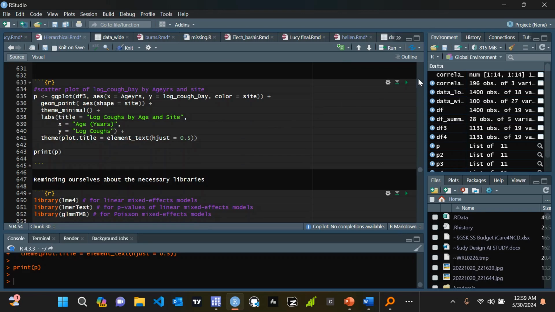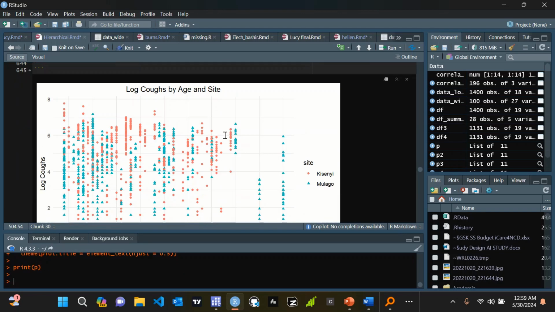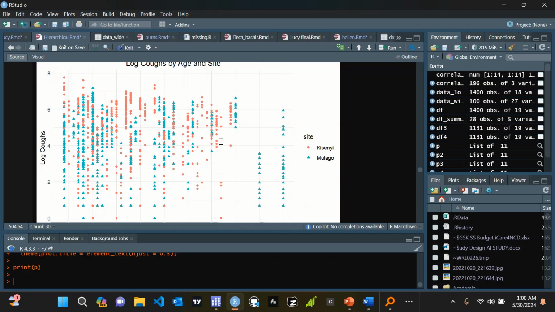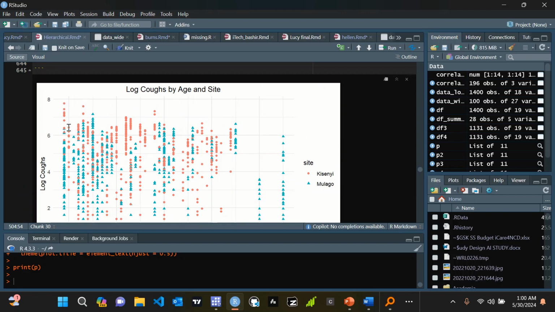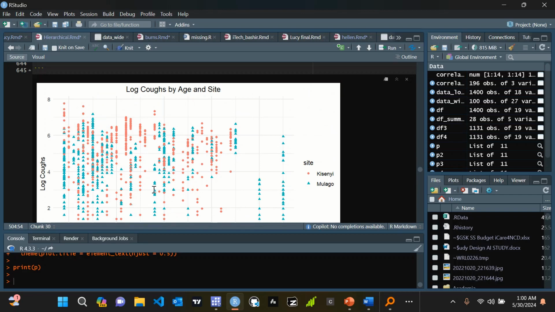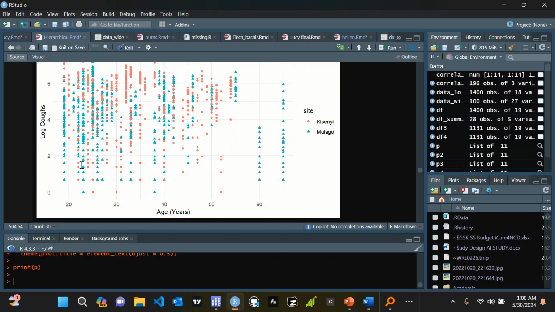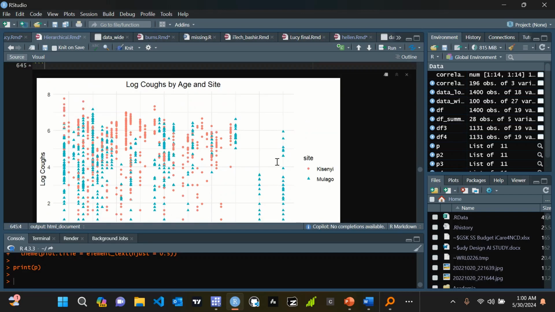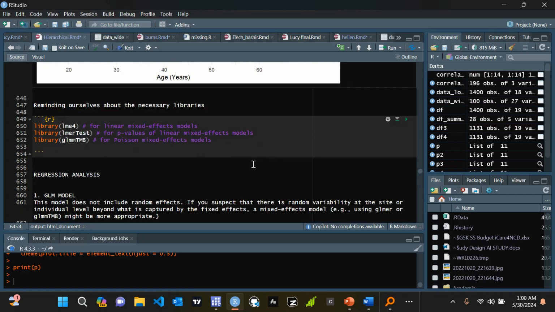We can also look at the scatter plot. Now you can see that the scatter plot for log coughs still gives the same interpretation. The young ones have higher log coughs compared to the old ones, but slightly between them, it's in the middle, between 2 and 6. So now